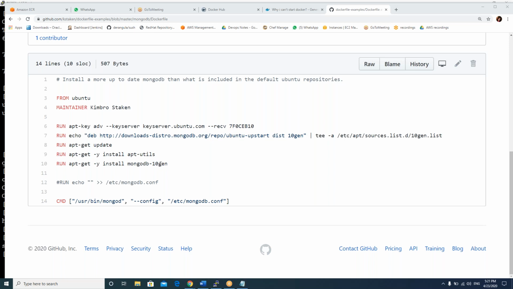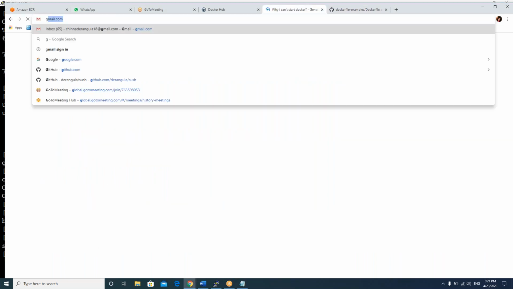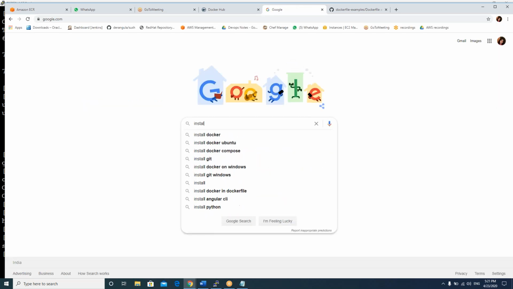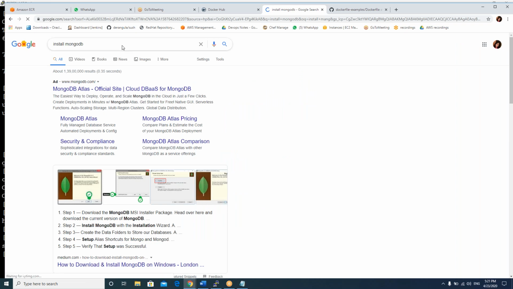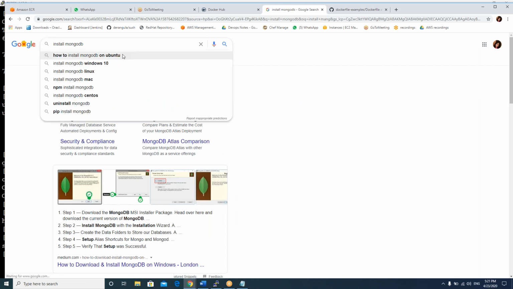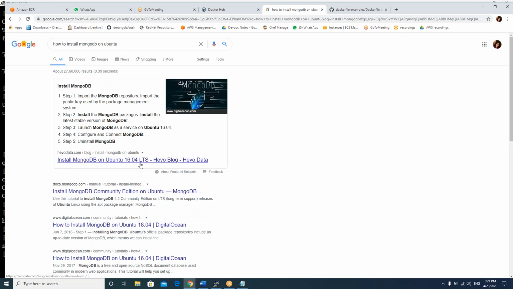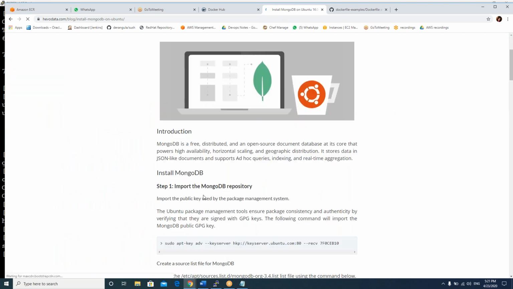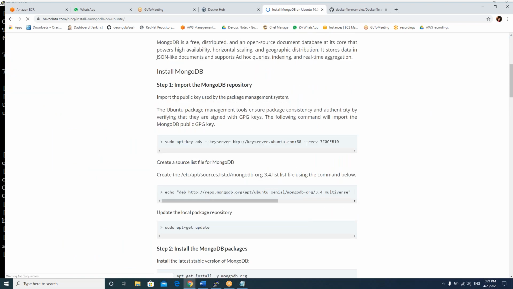Can you go to Google once? Just search install MongoDB. Just assume that Shravani doesn't know what commands she wants to run. She may say only, I want to install MongoDB. So in that case, you have to find out what the installation steps for MongoDB are. On Ubuntu, just type it. So open it. You may get the commands. Those commands you will make one by one, line by line. Run the first command, run the second command, run the third command, something like that.